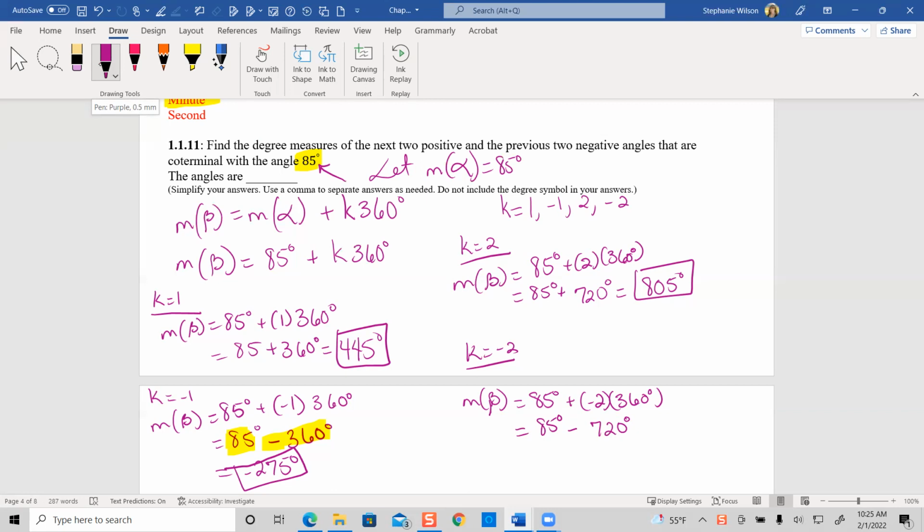And when I subtract that, I get -635 degrees. So when my constant K is -2, my beta angle is -635. And whenever we're talking about graphing that, when it's a negative, we're going the other direction. But we're still making the circle. Okay. So now let's talk about